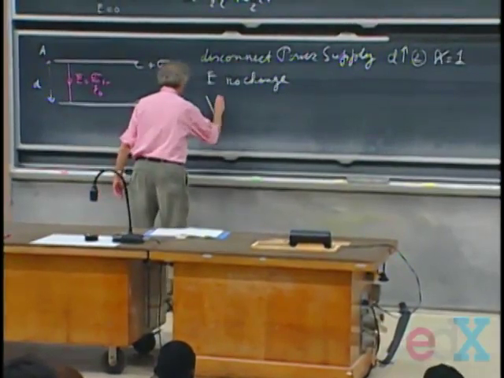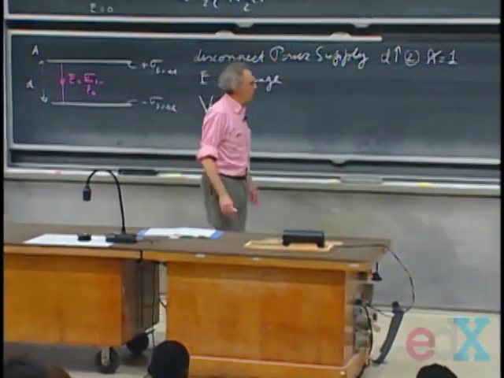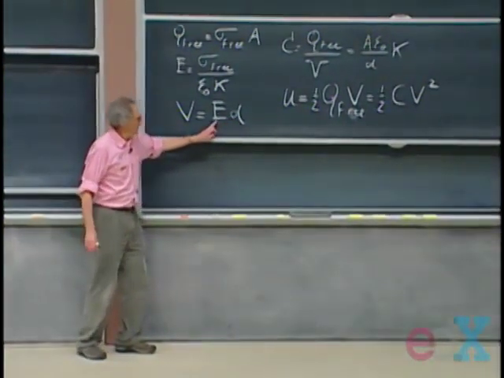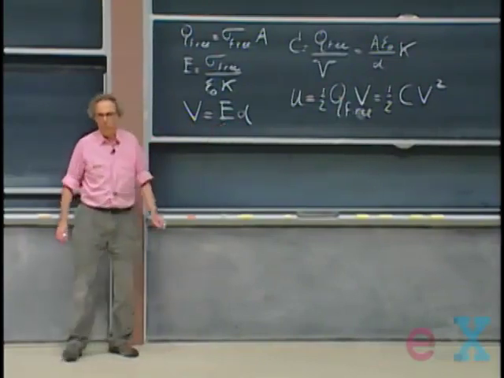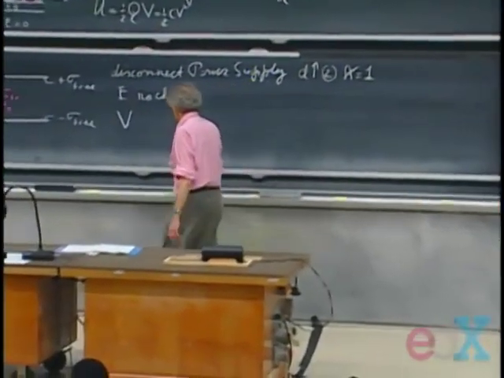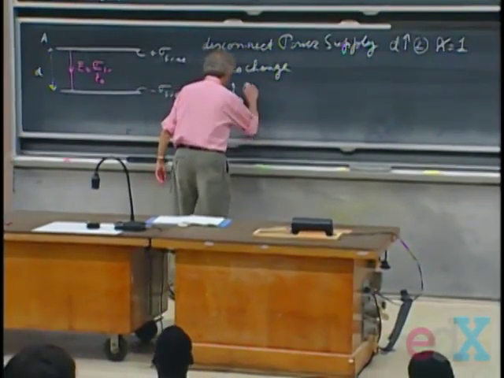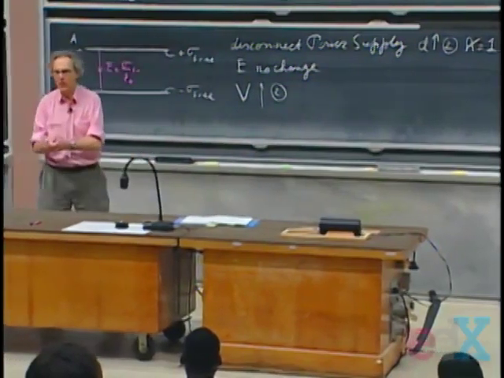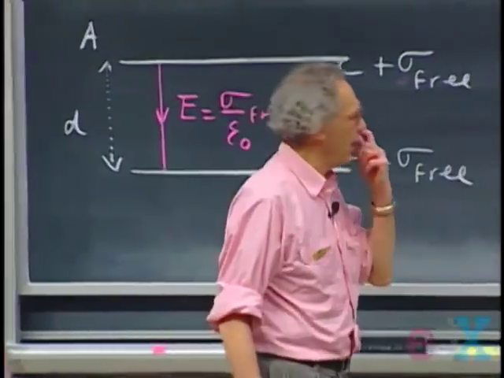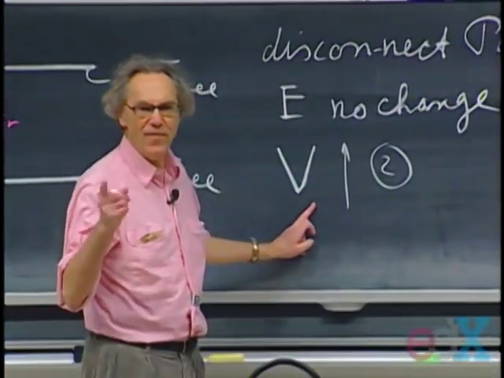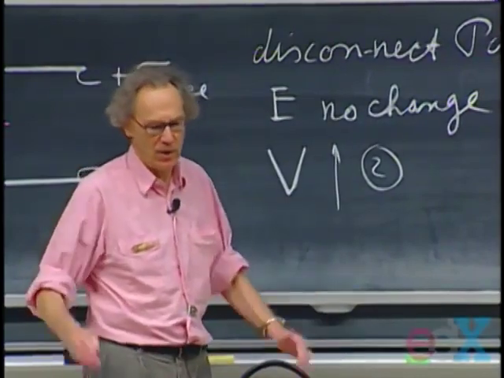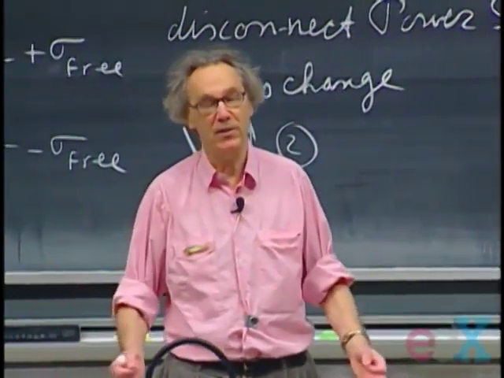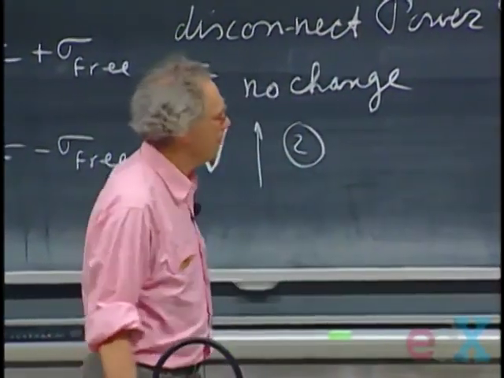So what happens now with the potential difference between the plates? That now must increase by a factor of 2, because if I increase D by a factor of 2, and if E is doing nothing, then V must go up by a factor of 2. I did a demonstration during one of my lectures, whereby I changed D from 1 millimeter to 10 millimeters. And I changed the potential difference from 1,000 volts to 10,000 volts. You've seen it in front of your own eyes if you were here. So indeed, when you separate the plates with the power supply disconnected, the potential difference goes up.